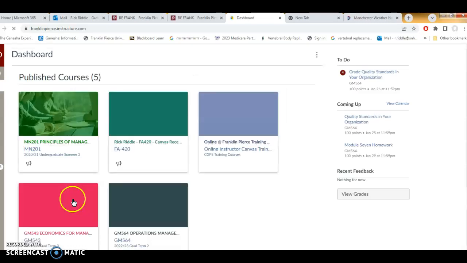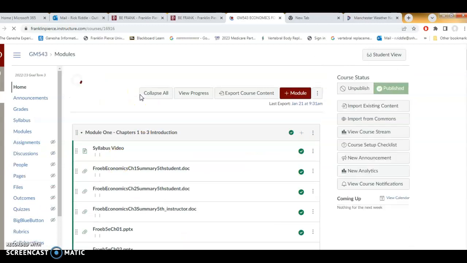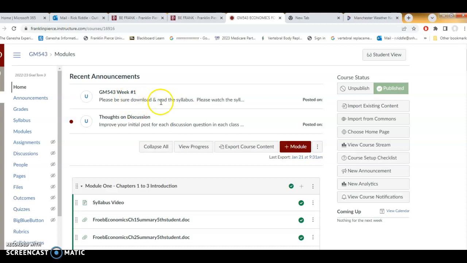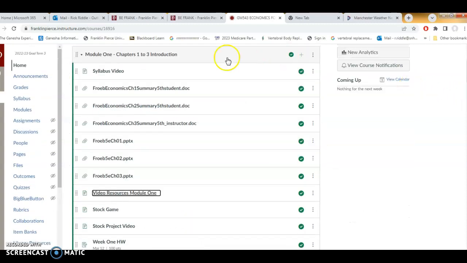I should note that when you come into the course itself and get to your home page, you should see, I believe, the two most recent announcements for the class, and those should show up at the top for you. We have different modules and different sections for each module. Note that each module has a summary for each individual